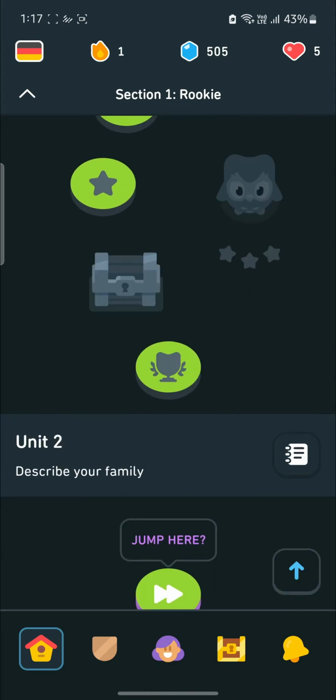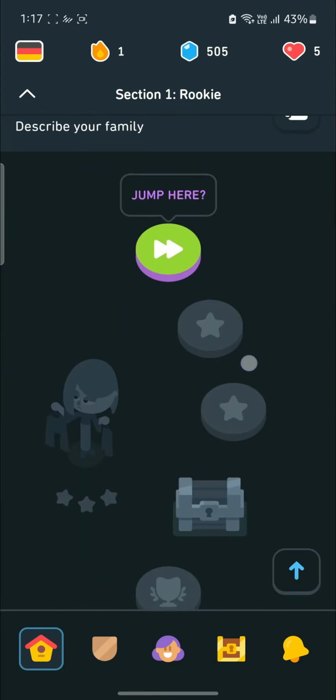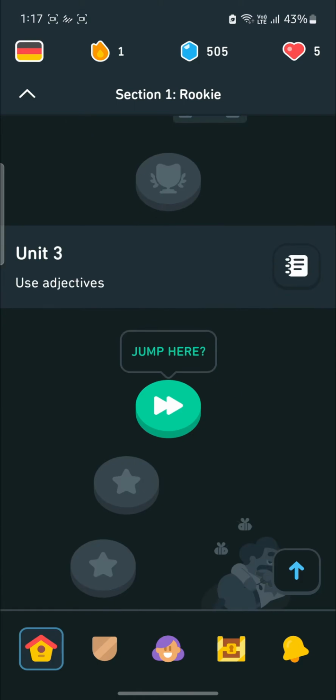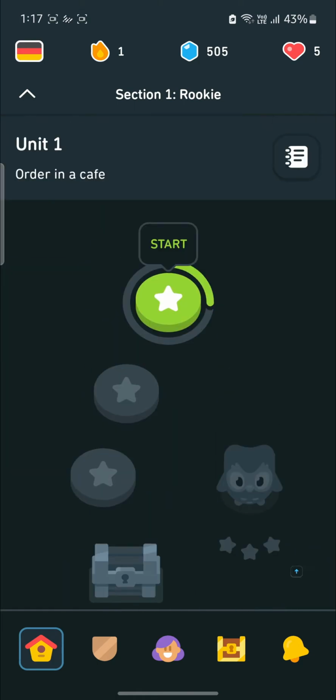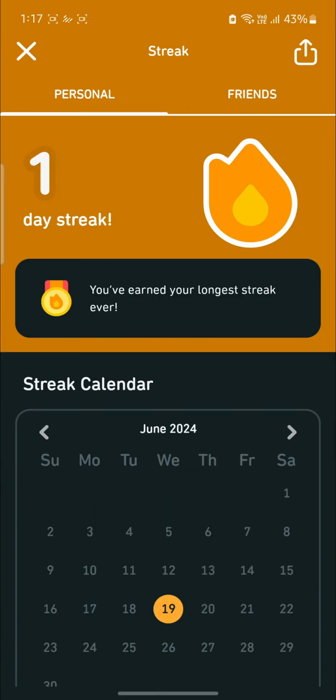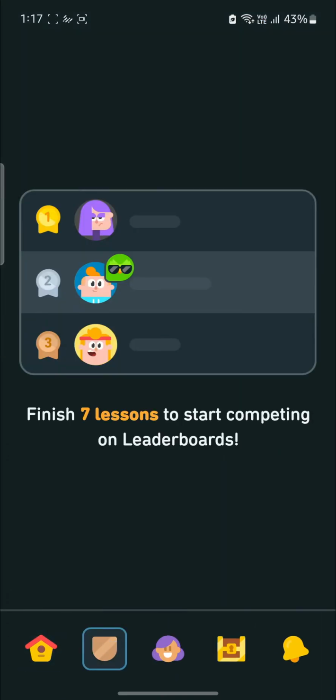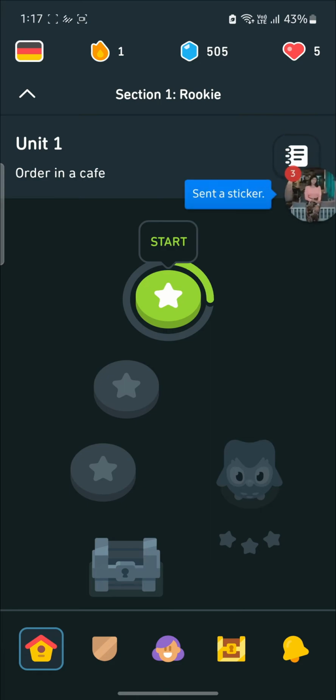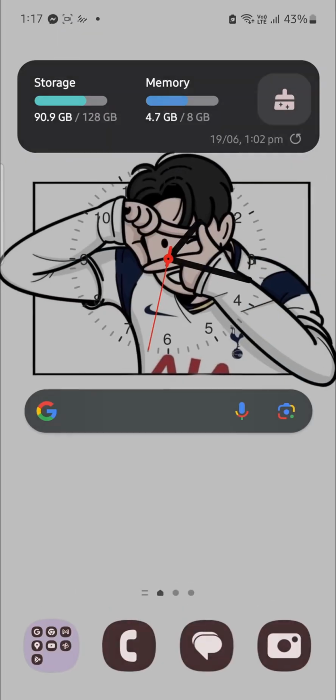In case you have mistakenly forgotten your classes or if your account has been locked, you can buy the streak freeze option beforehand. So once you complete a lot of courses, the streak freeze option will appear on your screen on the Duolingo app, or else what you can do is go to the settings